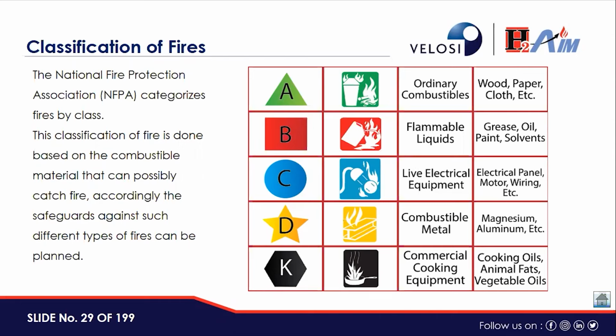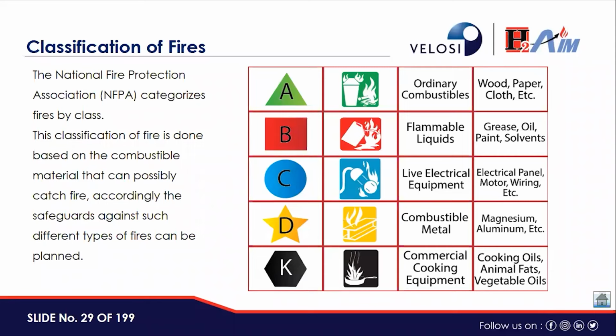And before going to Class C fires, in Class B, other gases are also highly flammable, like propane and butane, which are common causes of Class B fires as well. The best way to deal with these types of fire is by smothering them or removing oxygen using foam or CO2 fire suppression equipment.